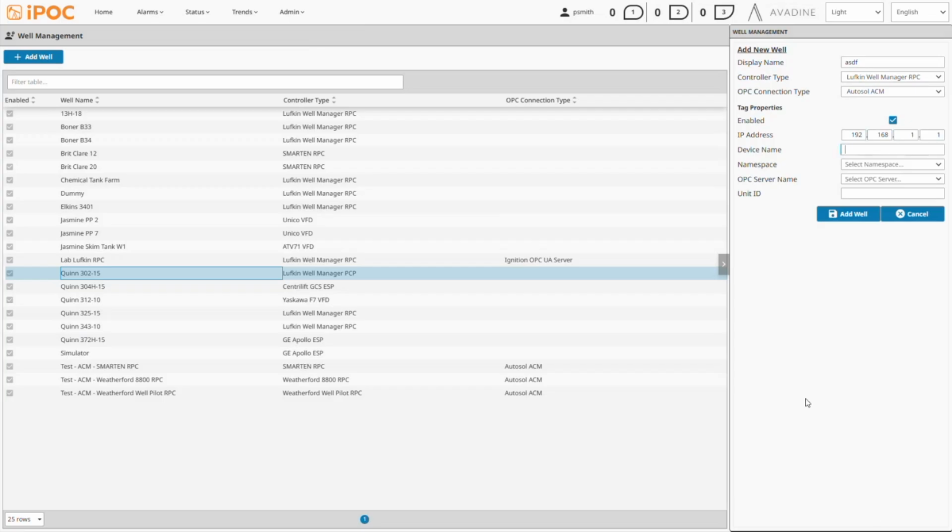What is the device name in that OPC server? What's the configured namespace? What is the OPC server name? And so this basically builds your OPC item path for your tags and your UDTs. And then if you have a unit ID for Modbus TCP, filling in that information and hitting add, like Al